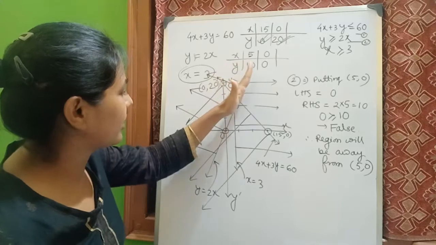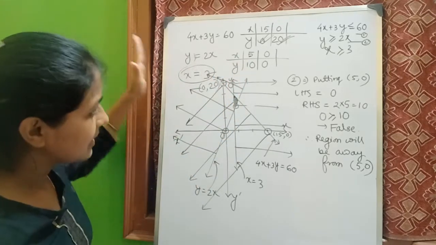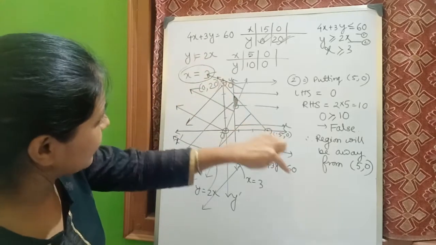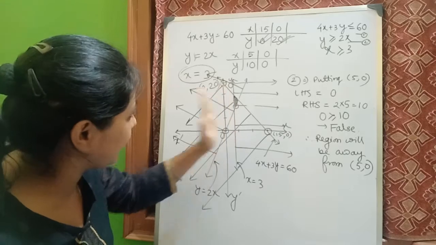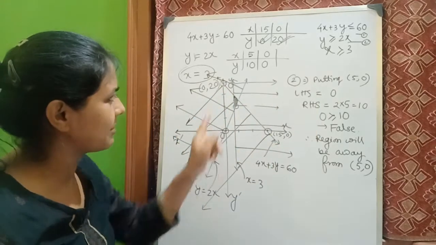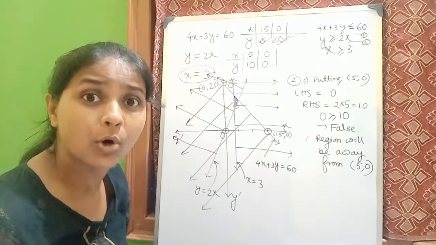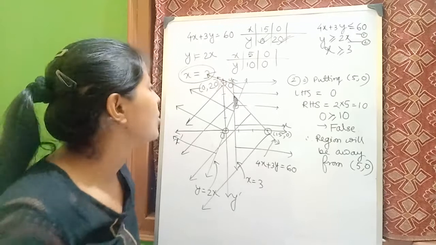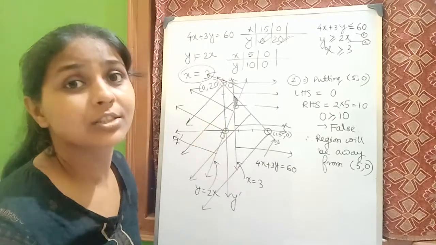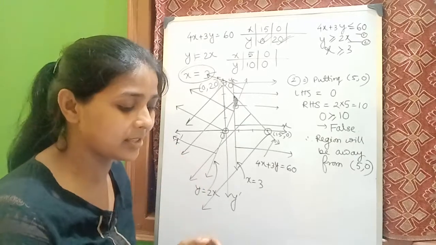Now look, for the second line we have got this side. For the first line, we have got this side. For the third line, we have got the right hand side. That means you can see that inside this triangle, we have the arrows of all 3 lines. So this is the solution. Okay, this is the solution region.